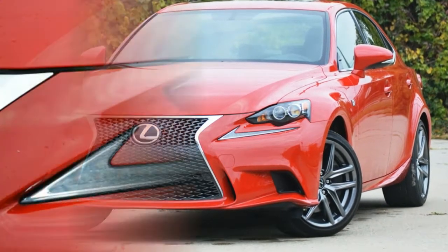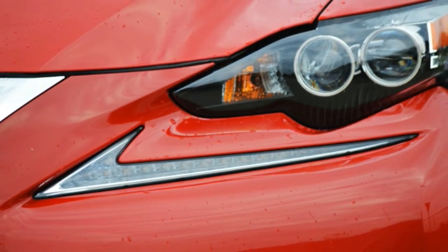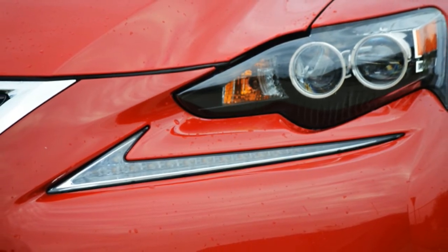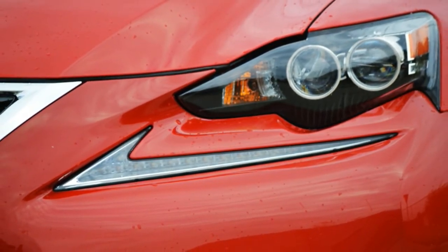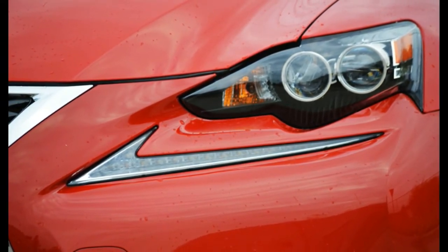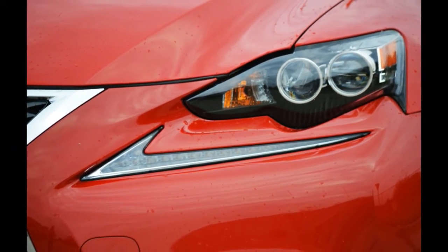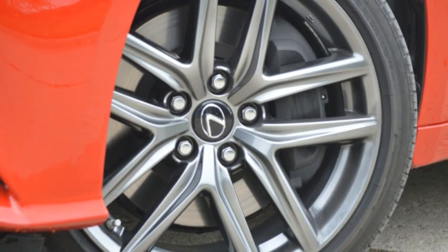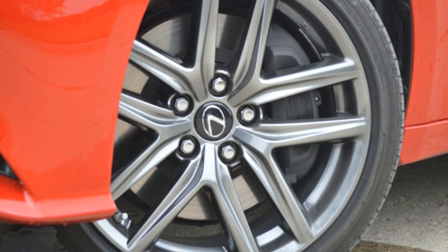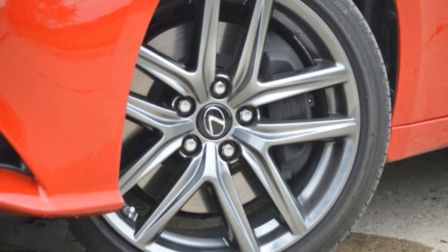Driving notes: if the 200T part of the model name looks familiar, you've probably seen it affixed to the rear end of Lexus' new NX small crossover. Of course, the IS is lighter than its crossover sibling, meaning the directly injected turbo engine's outputs of 241 horsepower and 258 pound-feet of torque are more thrilling in this application. At more than 3,500 pounds, the IS 200T still isn't exactly rapid. Lexus rates the 0 to 60 time at 6.9 seconds, but the torque pop is enough to jet around town